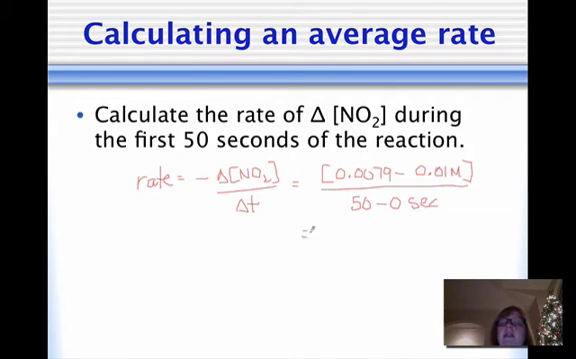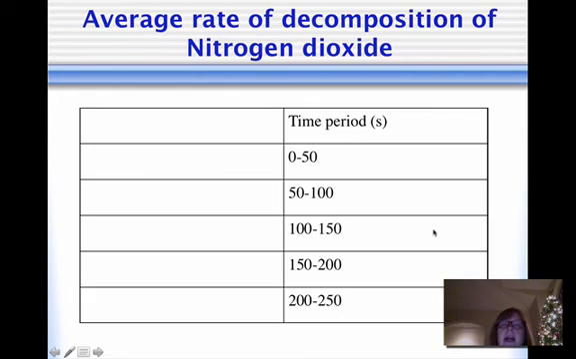Okay, when we do this math, 0.0079, we need a negative sign out here for the rate of disappearance. We're going to get a rate of 4.2 times 10 to the negative fifth molars per second. So that is what we call the average rate during the first 50 seconds of the reaction. All right, here you can see a table. During the first 50 seconds of the reaction, our rate was 4.2 times 10 to the negative fifth